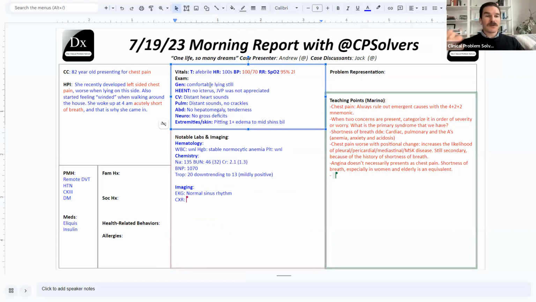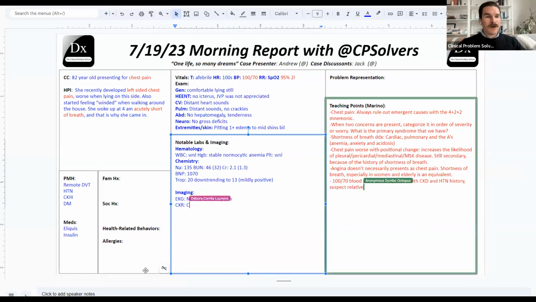And I think that brings up two things. One is that this hypertension is no longer a problem and she no longer needs meds, or that maybe this is somebody who actually hasn't had effective management of her hypertension yet, and that may make her more likely to be hanging out in a more hypertensive zone. So when I see those two things together, I would expect her to have a much higher baseline blood pressure than the hundreds over the 70s. So I'm interpreting that as saying, okay, maybe we're dealing with a component of relative hypotension here. And then it seems like we also have potentially some low-level hypoxemia.